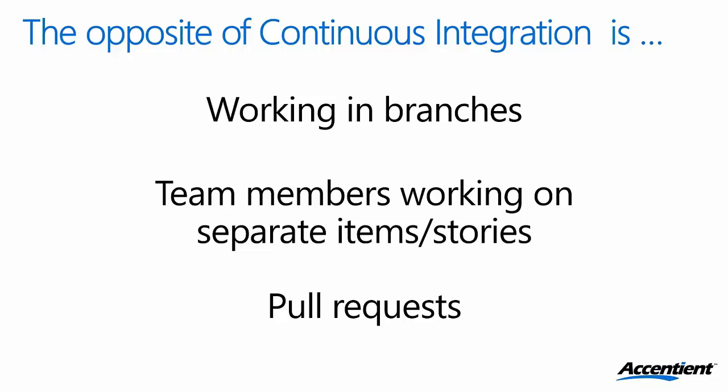Working on separate items and stories, I already talked about that. And I even think pull requests, which if you're using Git, by definition, you have to be working in branches. So the first and third item on this slide kind of say the same thing. But a pull request, unless you build some kind of a daemon to look for them and automatically pull them, which in that case, why have them? They represent some human manual intervention, and oftentimes due to lack of trust. If you're using pull requests for review or approval, pair up in the first place.